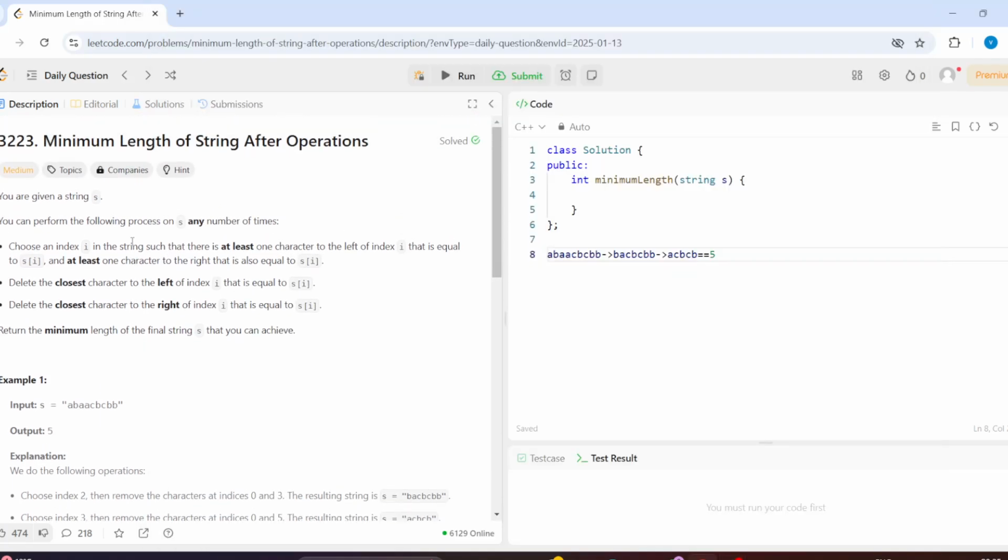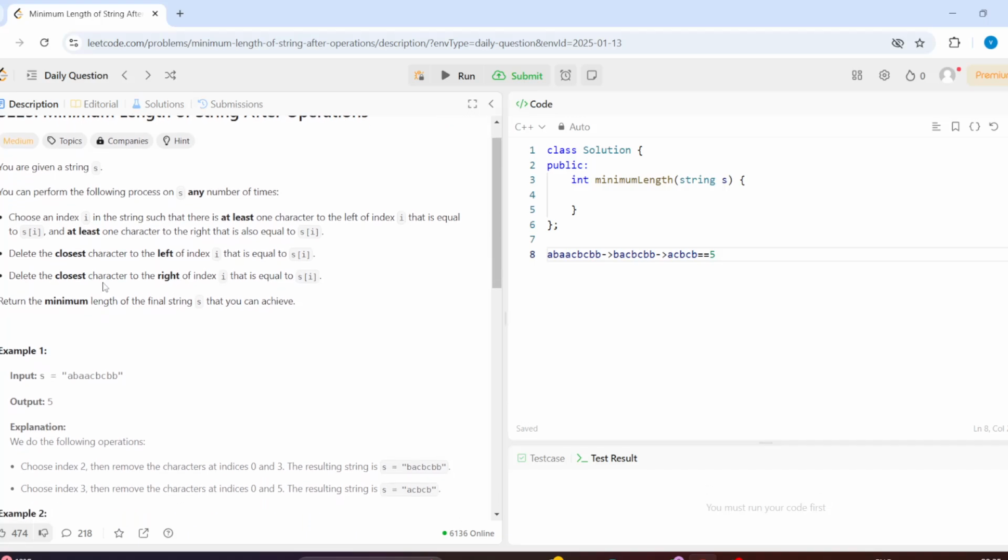So hello guys, we are going to do the daily Leetcode question, which is minimum length of a string after operation. In this question we are given a string s and we have to perform an operation on it. In the operation we have to choose an index i such that